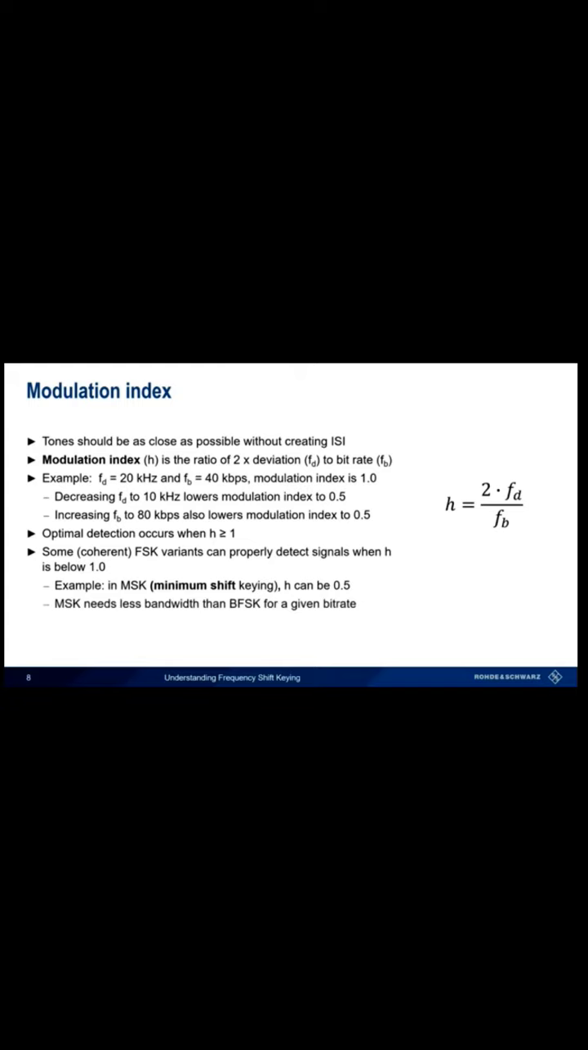Optimal detection of a received FSK signal occurs when the modulation index, h, is greater than 1. So generally, we choose our deviation, and by extension the space between the tones, for a given bit rate such that h is at least 1. One of the advantages of the coherent FSK schemes we mentioned earlier